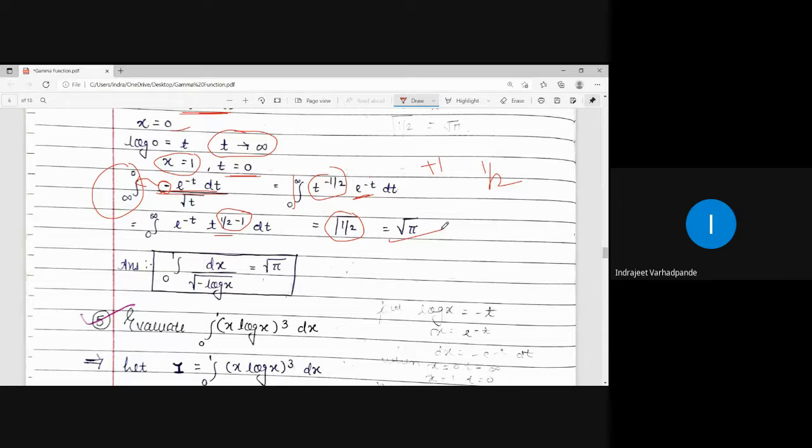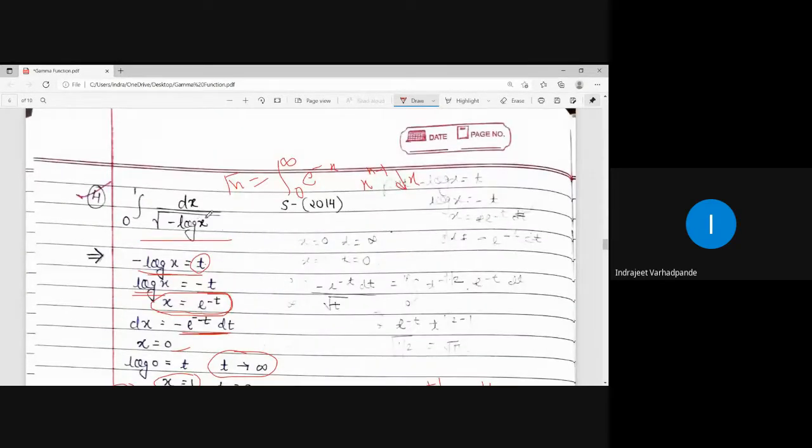So in such problems of logarithm, whenever you come across with this, though initially the limits are not in the form 0 to infinity, we always try to use the definition of the gamma function by proper substitution. Log x is equal to t, or say minus log x is equal to t. If simply log x is there, I will intentionally take the substitution as minus t, because when you take the exponential, it will become e to the power minus t. Because as per the definition of the gamma function, in the numerator I should have e to the power minus term, right?